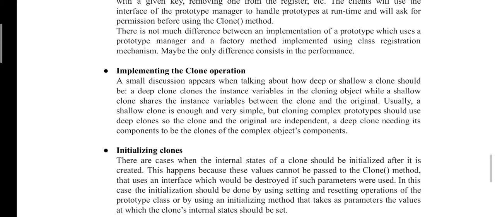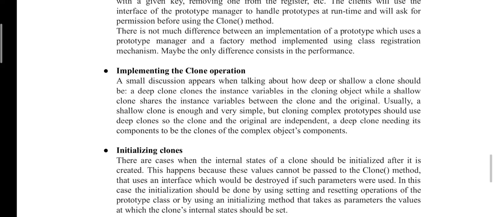So, this is about the prototype creational design pattern. How does the prototype creational design pattern work? Simply, using a single prototype you can create different types of objects with the help of this prototype. It is applicable to a system that should be independent of how its objects are created, composed and represented.